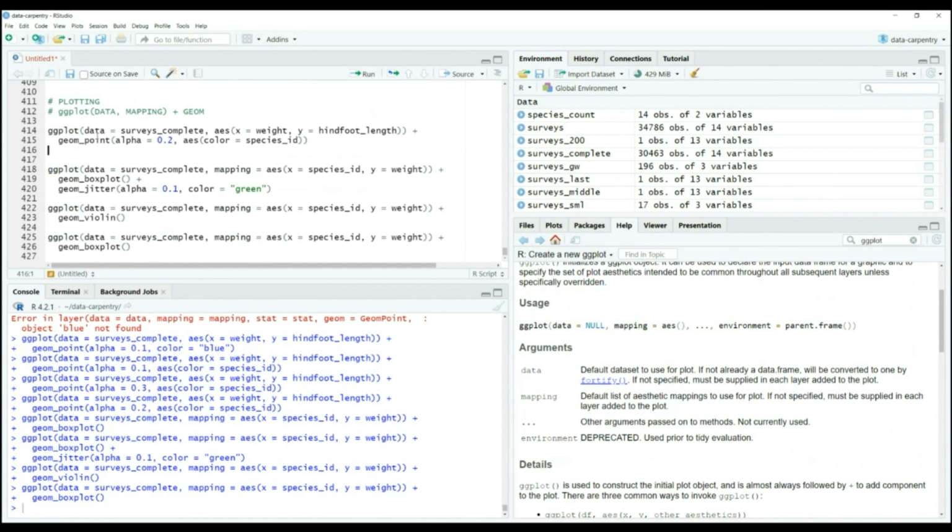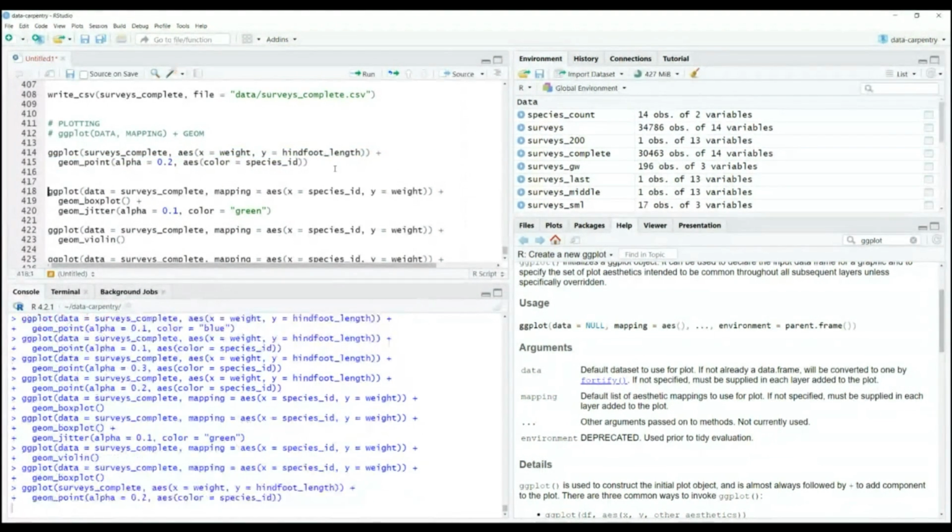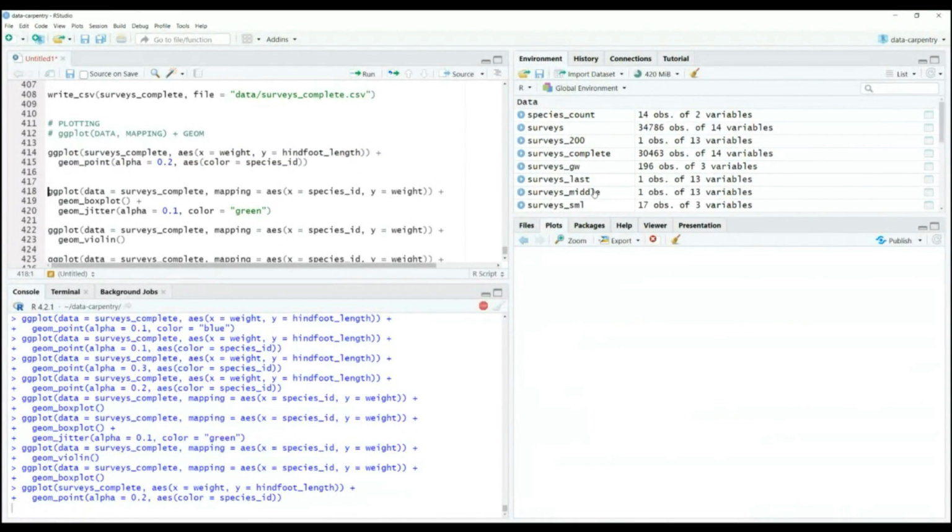We can also get rid of data in the first one. So we can use ggplot surveys_complete, and as soon as we execute that, we can get